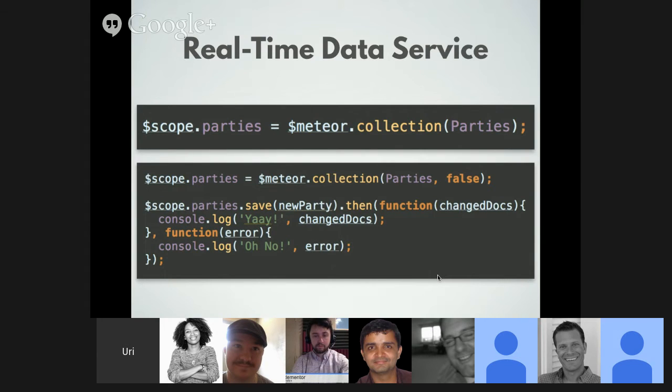So you can look at the bottom, you can actually cancel that auto-bind of the Angular part and explicitly save new parties or change the parties in any way you want and save everything at once. And then you get a promise: if there was an error, let's say you haven't had permissions to do it, you will get an error, or you will get the actual change that happened and the confirmation.